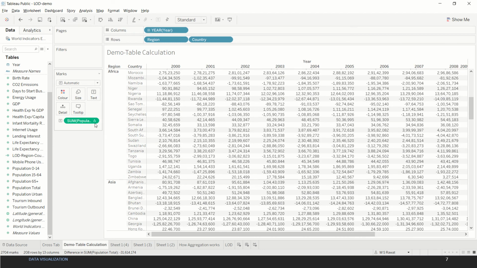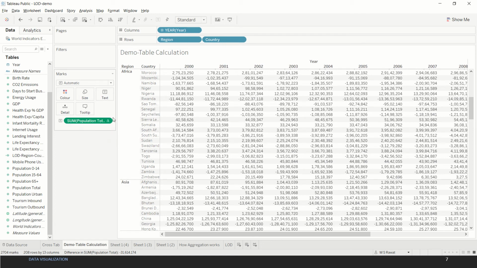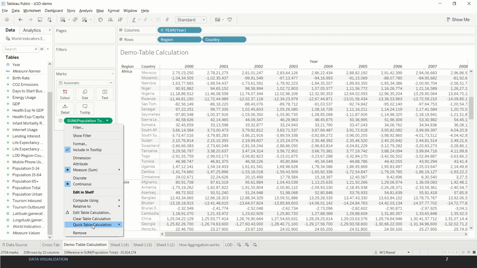In this example, we are taking the total population field, and then we are creating a table calculation. In this case, we already created the field, so we have an option of edit table calculation or clear table calculation, or we can also do a quick table calculation. Quick table calculation is a list of frequently used calculations, and we can also find these calculations under the main create table calculation, which we will shortly show.